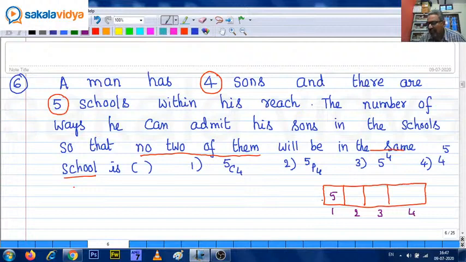Already one son has been joined. Now 4 sons are there. For the second school, 4 ways. For the third school, 3 ways. This is 2 ways. So the number of ways is equal to